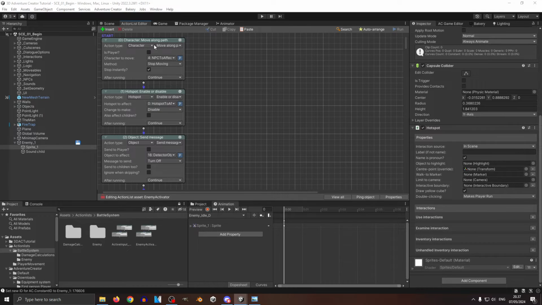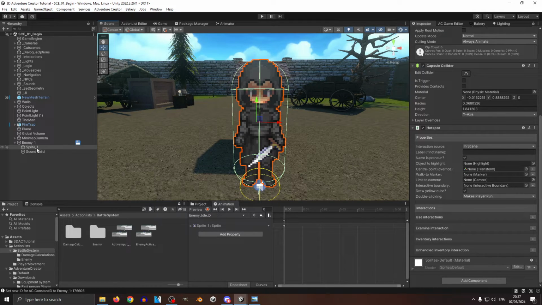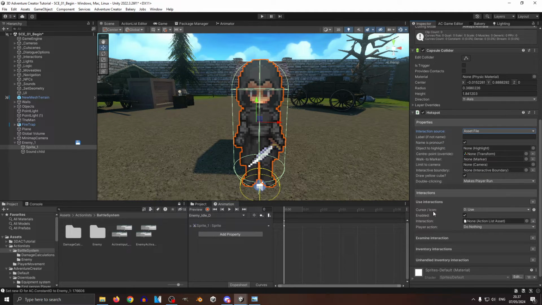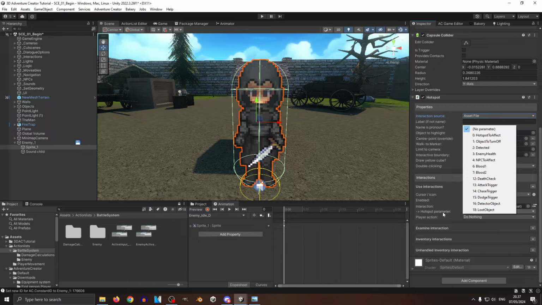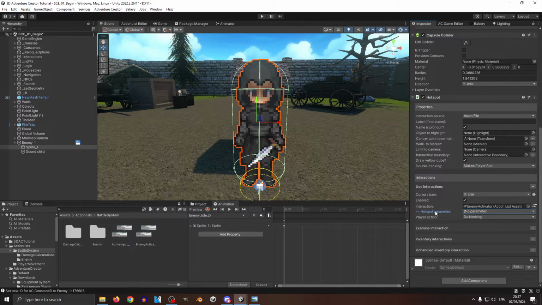And it should be in our enemies under the sprite. We have the hotspot for this enemy and it will be interaction source of asset file. And we will create use interaction and the enemy activator will go here. This looks at some of the hotspot parameter here. It wants to set something automatically assigned here, but we don't do this. Instead of that,